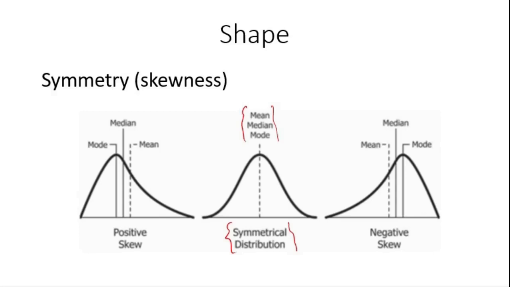But if the data is not symmetric, then either the right tail will be prolonged or the left tail will be longer compared to right. So if this particular situation happens, this is called positive skewness, or sometimes it is also called right skewed. Similarly, if such conditions occur, it is called negative skewness or sometimes left skewed.